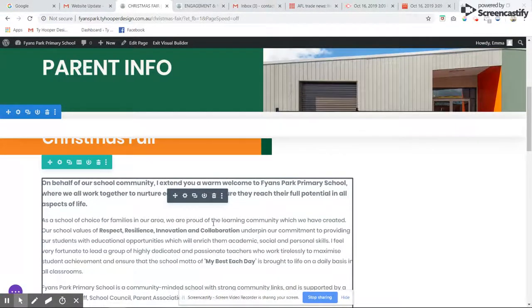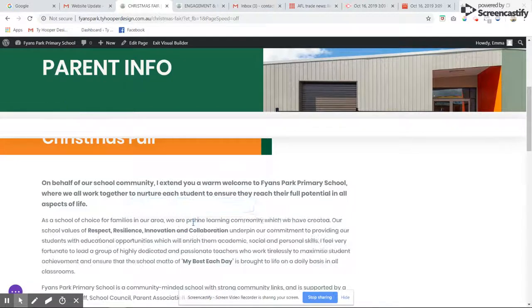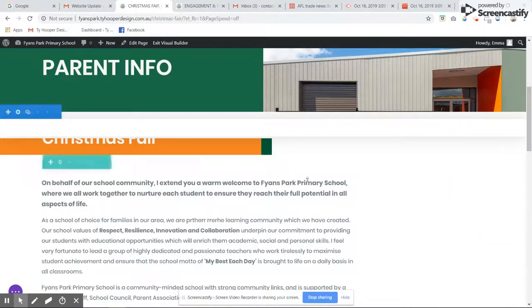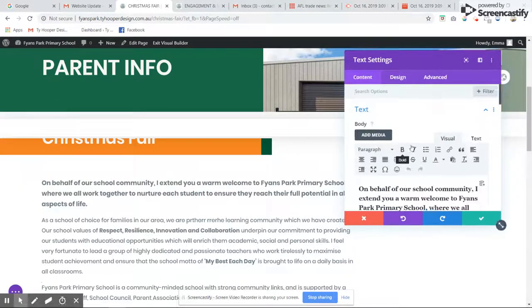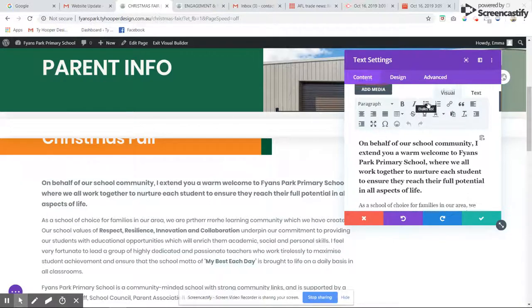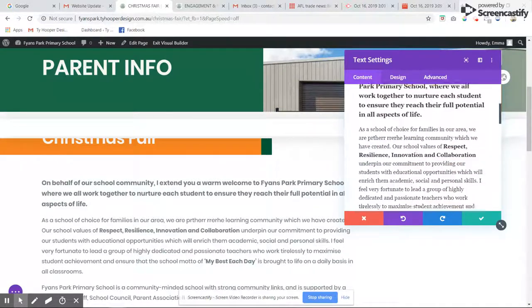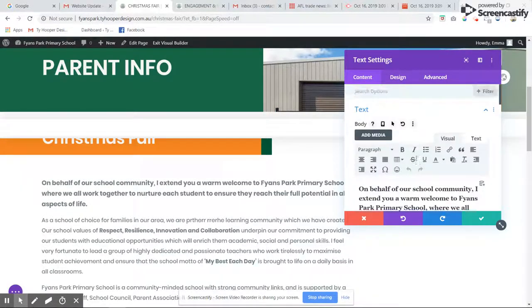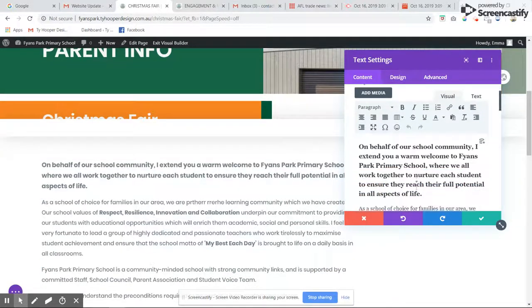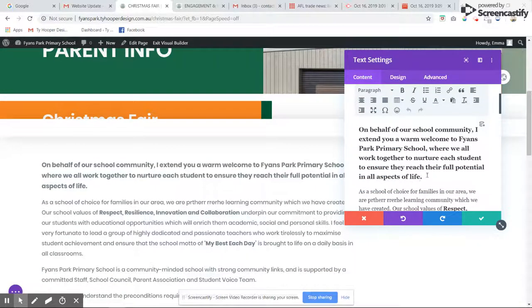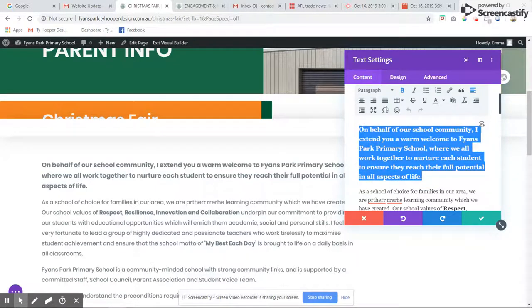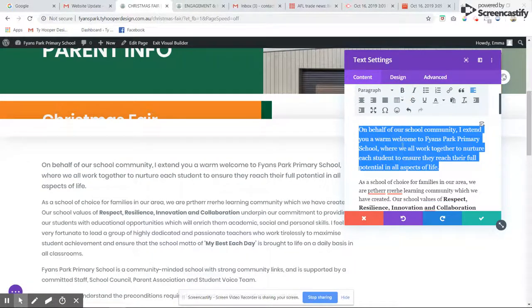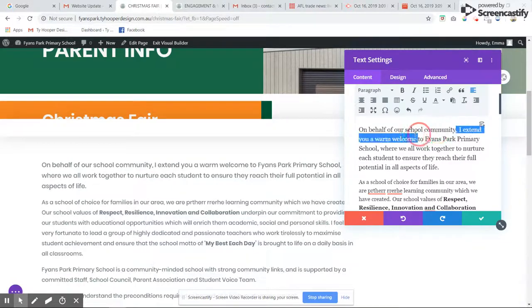And then we can come in here and just change the text like that, anything. Or if we hover on it, it lets us go into the module itself. And then we have that editor that I showed you in the first video here. But for example, if you wanted to change the color of some text, make some things bold, for example, text here, we can turn off bold. You may only want to make that area bold,